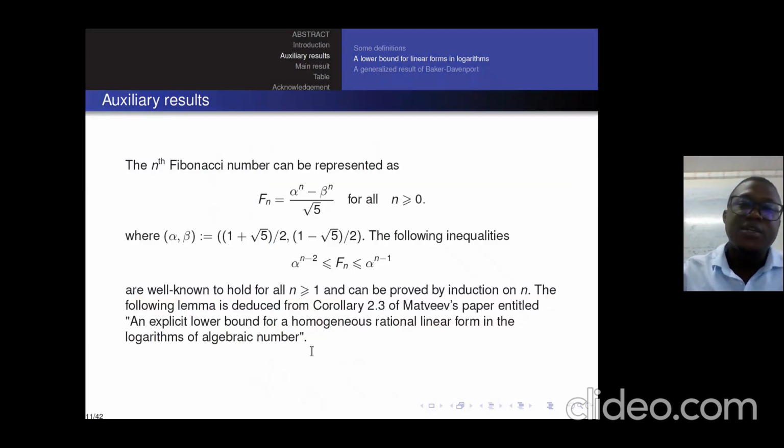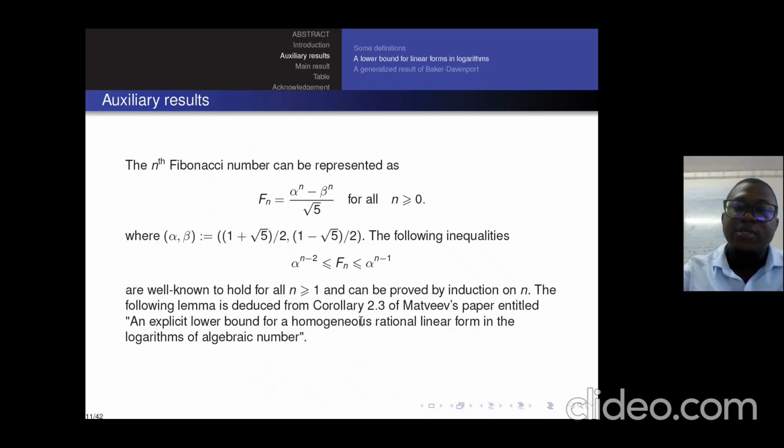The nth Fibonacci number can be represented by (alpha^n - beta^n) over the square root of 5 for all n greater than or equal to 0, where alpha and beta are defined like this. The following inequalities are well known, hold for n greater than or equal to 1, and can be proven by induction on n. The following lemma is deduced from